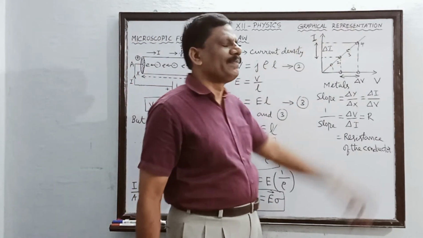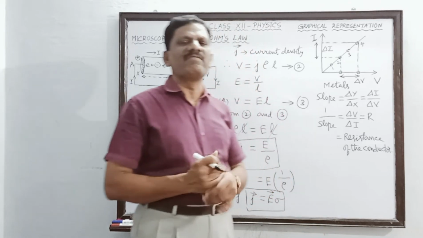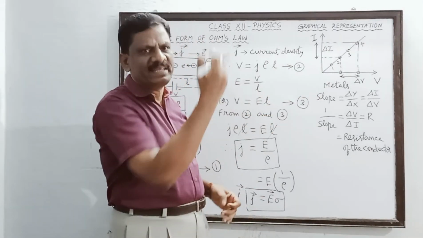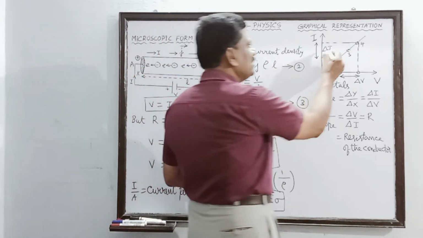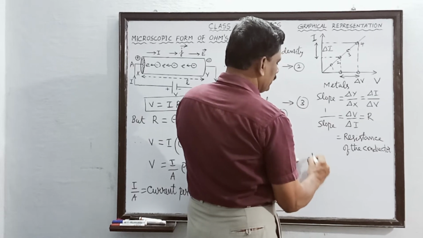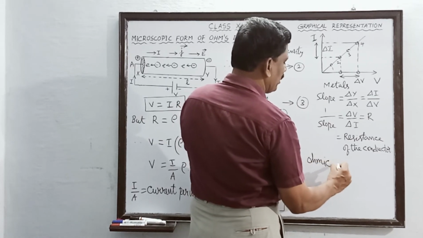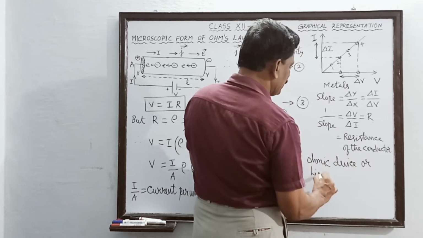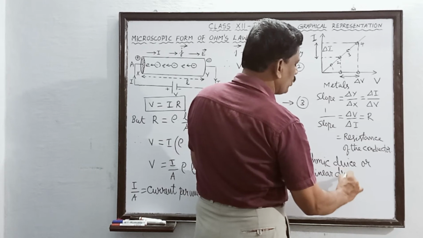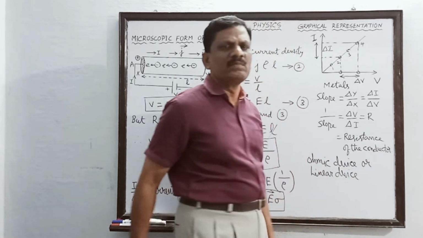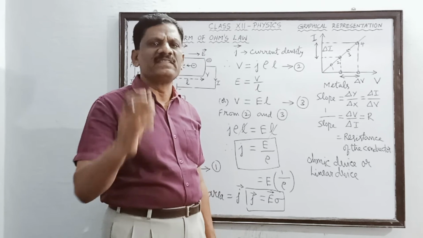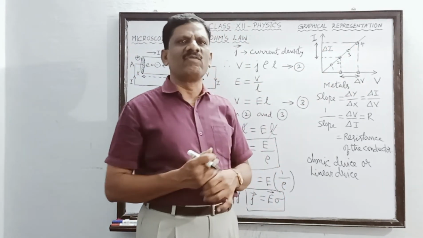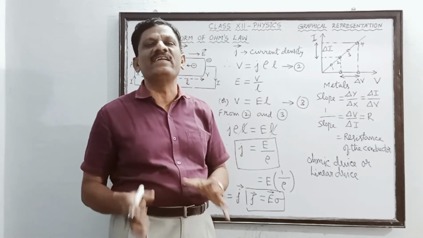And from the graphical representation between voltage and current, we can find the slope. Now you can see that the nature of the graph is a straight line. It is linear graph. And such device which obeys Ohm's law is called as a ohmic device or linear device. Any device which obeys Ohm's law is called a ohmic device. And also, if the straight line graph is available between V and I, then it is a linear graph. Therefore, the device itself is called a linear device.